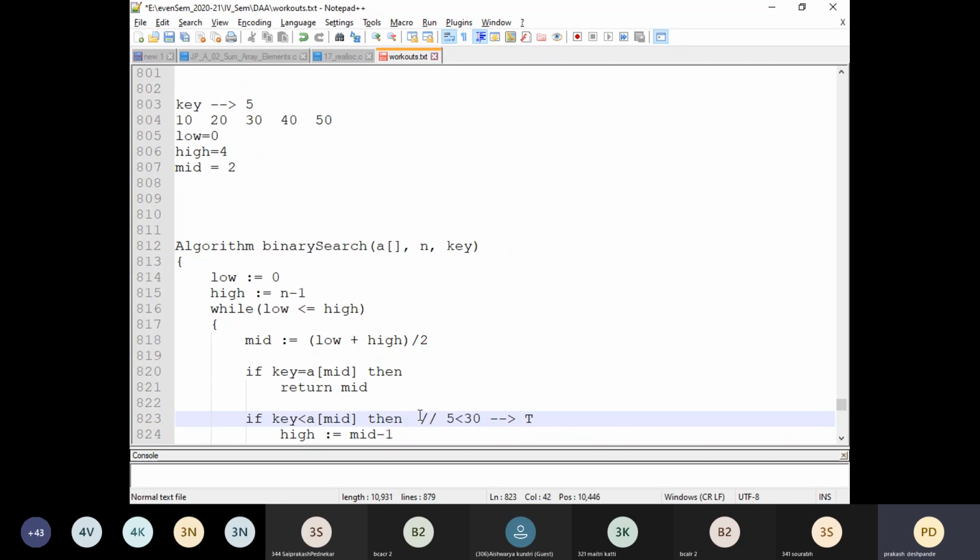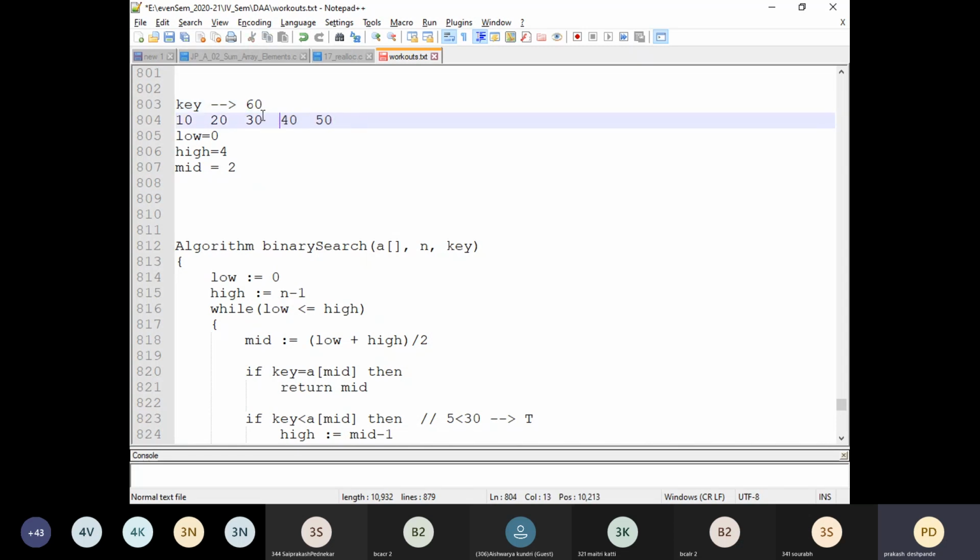Is this condition true or false? This condition is true. That means now we need to search on the left side of the given array, because the key element might be present on the left side itself, since its value is less than the mid positioned value. Suppose the key value is, say for example, 60, then definitely it can be present on the right side.